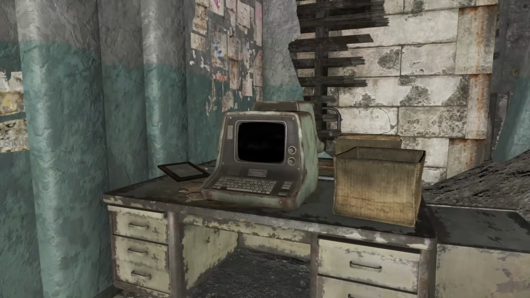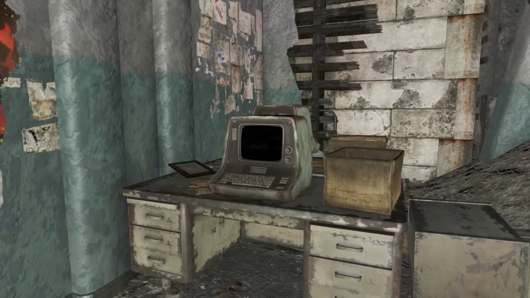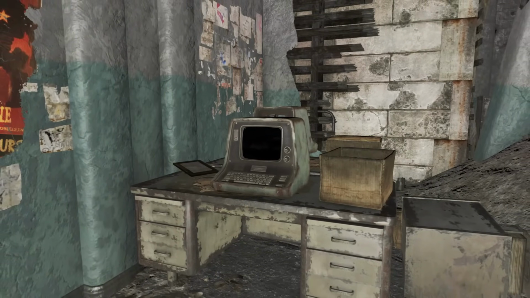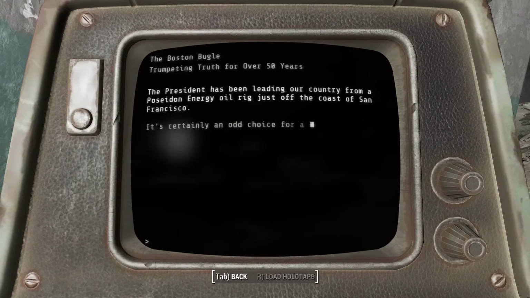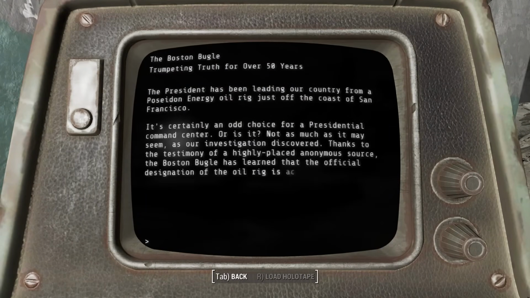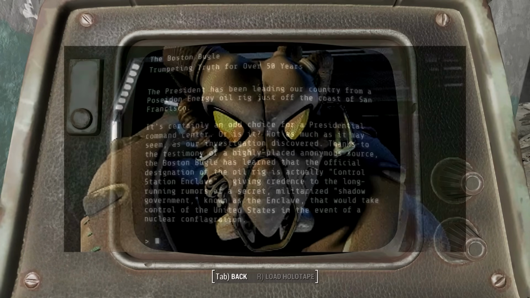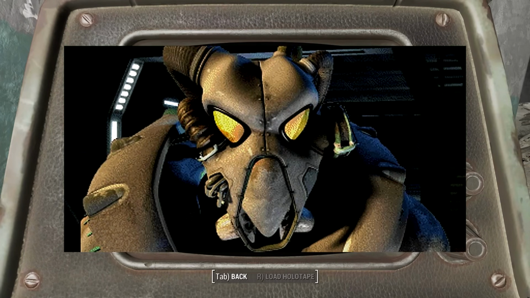One of the news terminals at the Boston Bugle mentions how the US president has been evacuated to the Poseidon Energy oil rig off the coast of San Francisco, and thanks to a testimony by an anonymous highly placed source, the official designation of the oil rig is Control Station Enclave, giving credence to a long-running rumor of a secret,